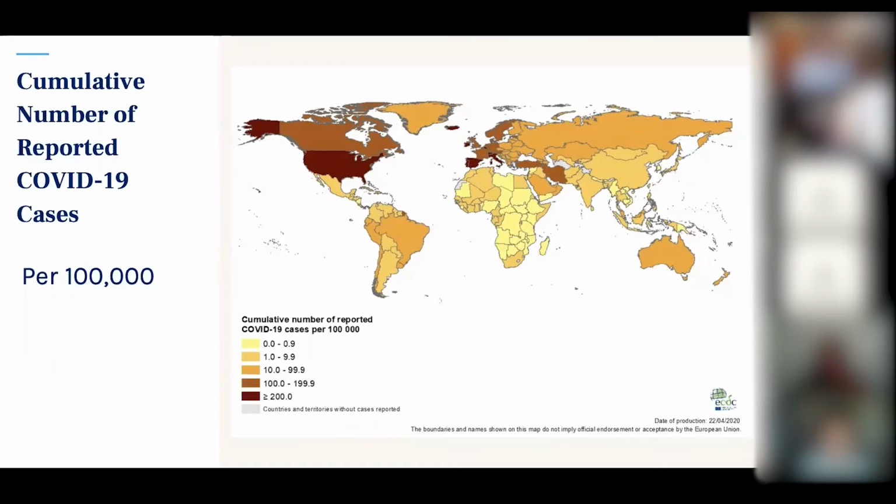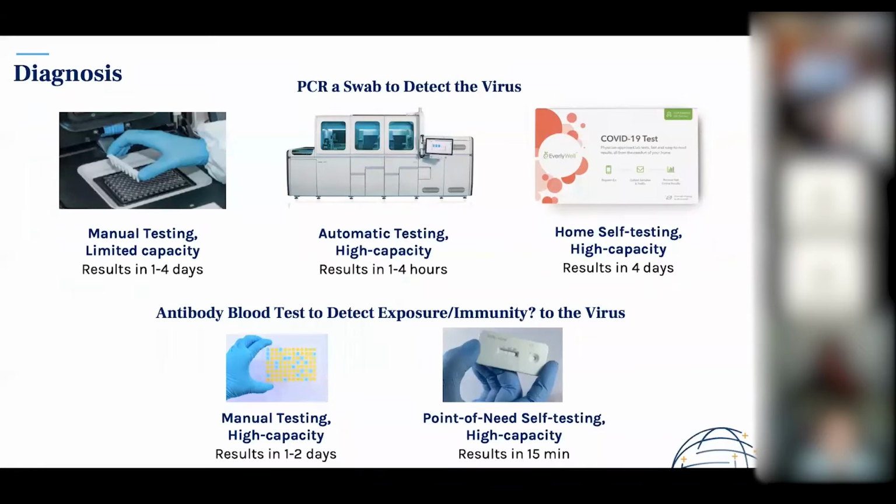And this has been a moving target. If you take a snapshot like this, if you'd taken this data from a month ago, it would have been all in China. It would have been dark. But now it's shifted to Europe and the United States. And it's shifting now, again, to other parts of the world, which perhaps we can talk about as well in a minute. I wanted to say a word about how we diagnose it,